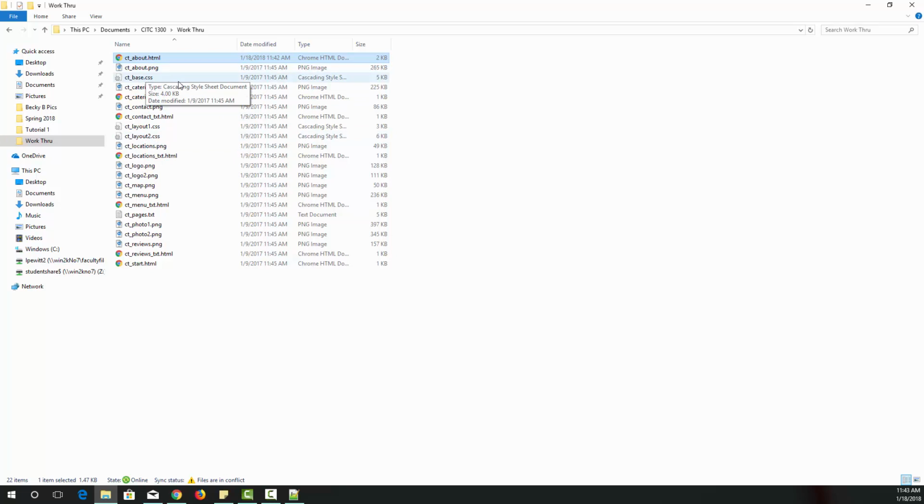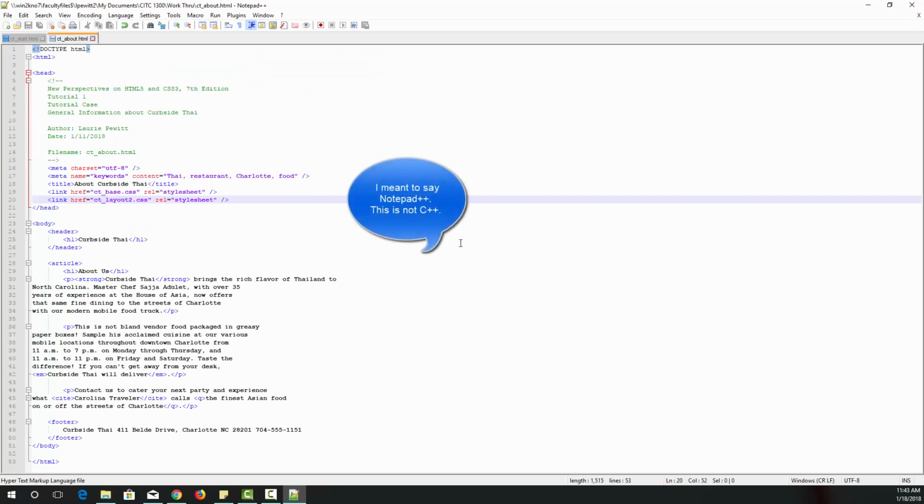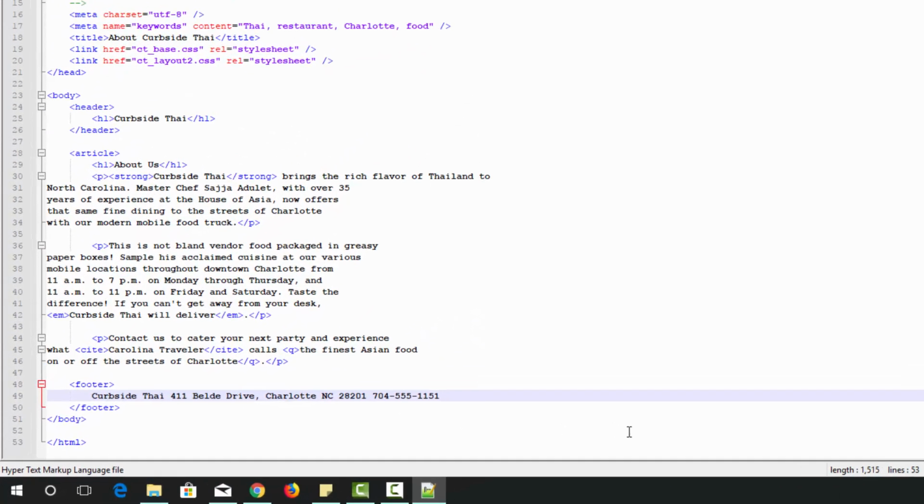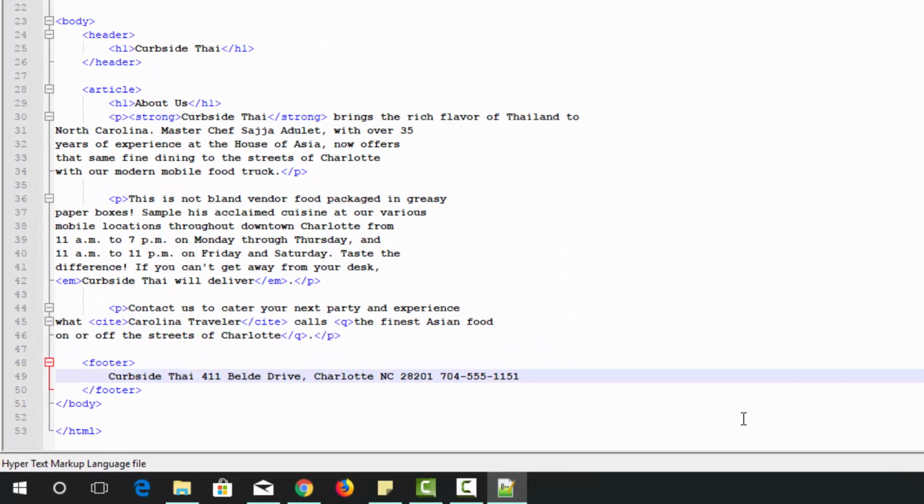Okay, the next section talks about character encoding. This is on page 33. Each character from a character set is associated with an encoding value that can be stored and read by computer programs. Most of the time it's special symbols. So I'm going to go back to Notepad++, and I'm going to go to the footer section, and we're going to put in some special symbols separating the address elements. After curbside tie, I'm going to type in an ampersand